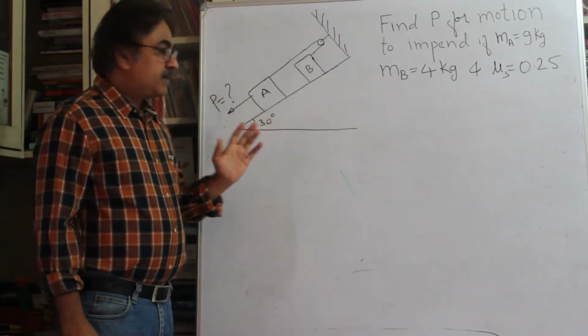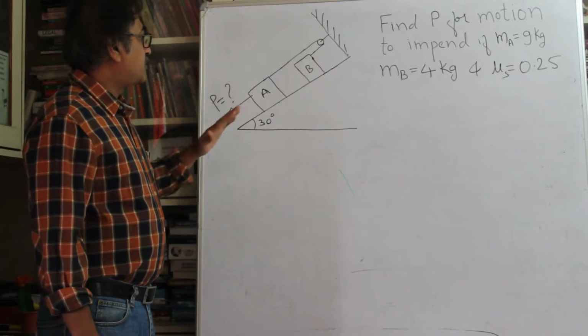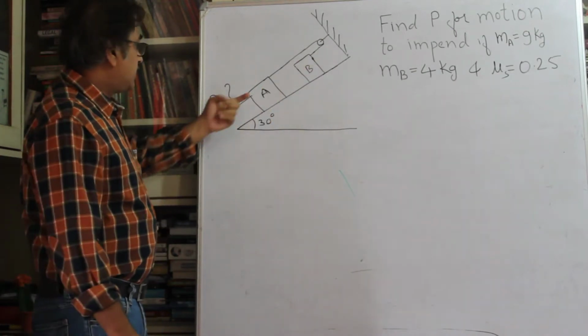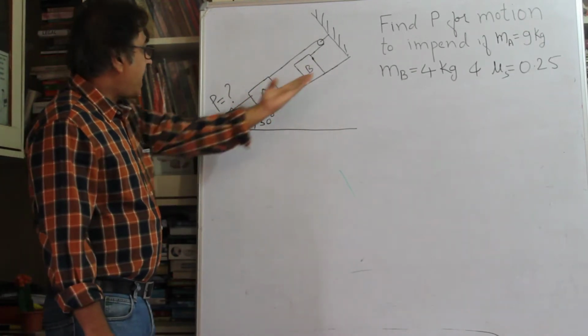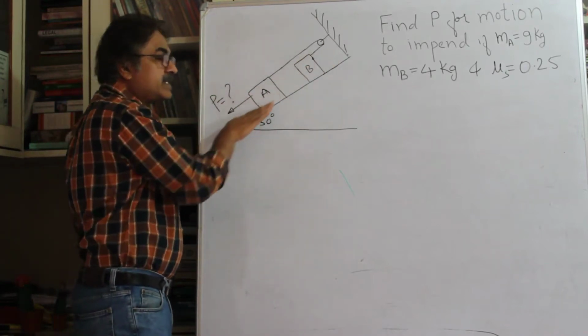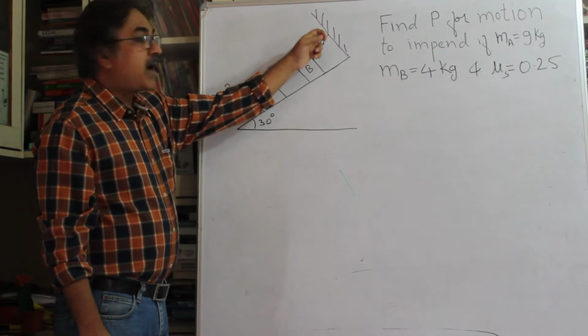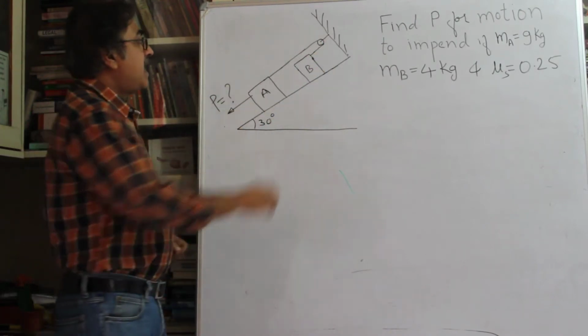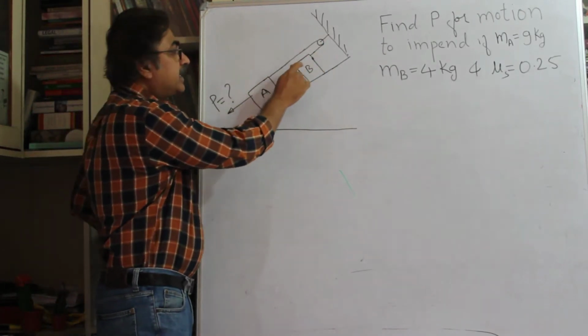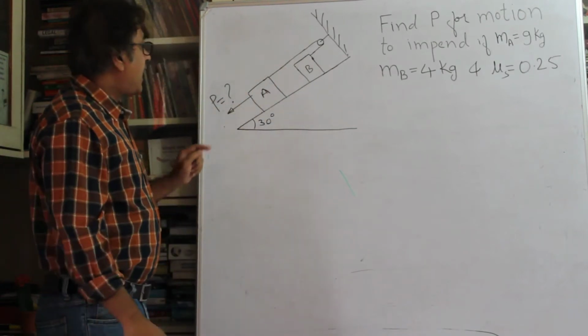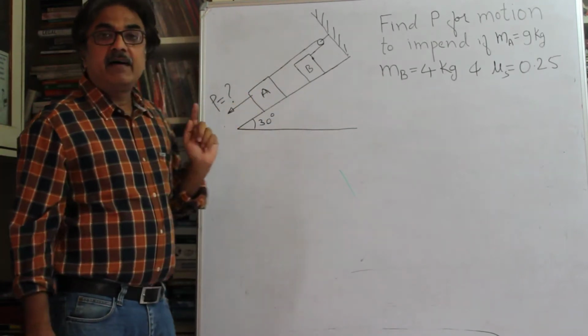Read the problem. The problem states you are shown two blocks. There is a force applied which is parallel to the inclined surface. So this A is passed over a pulley and the other end of the rope is connected to B, right? And you want to find the value of P